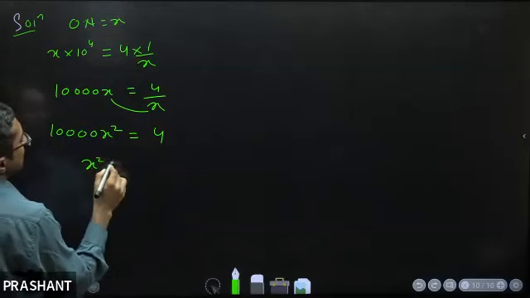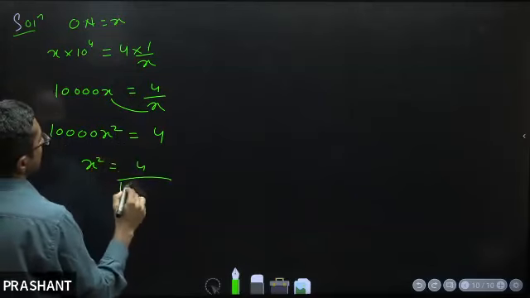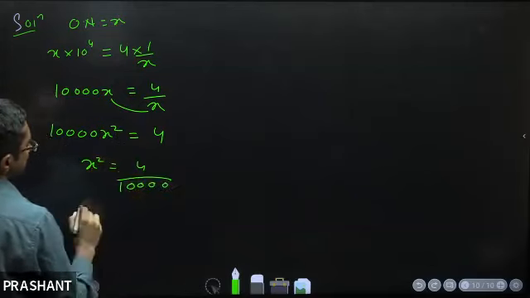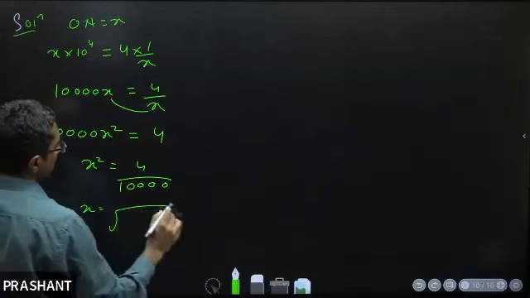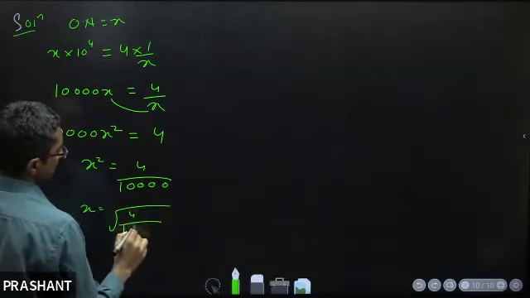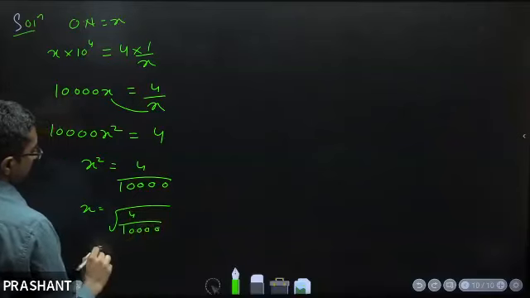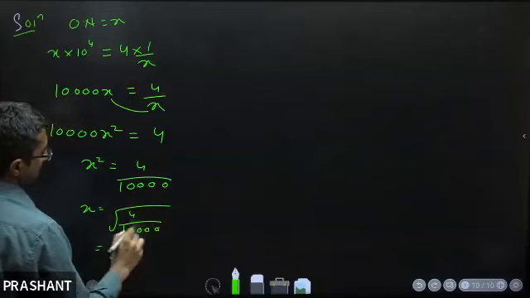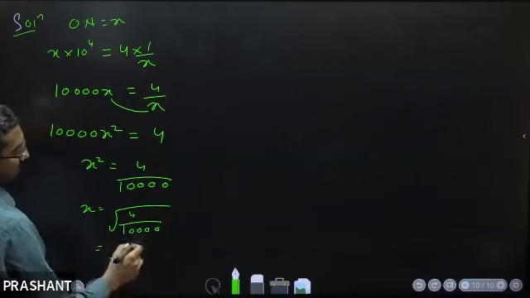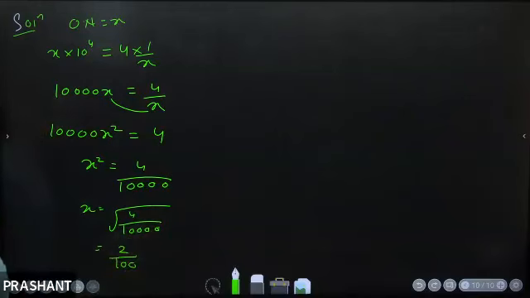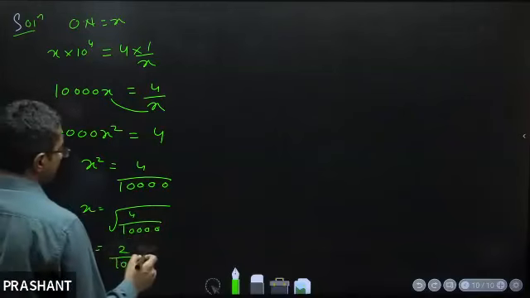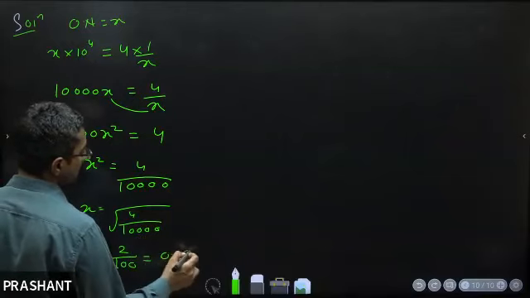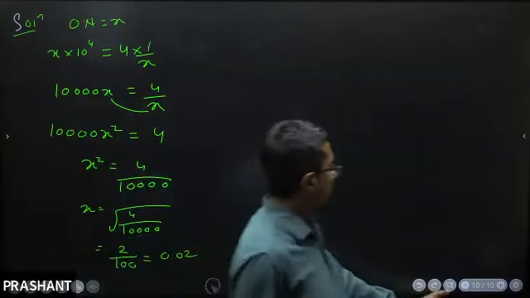So x square is equal to 4/10,000. Correct? x is equal to root of 4/10,000. So the root of 4 is 2 and the root of 10,000 is 100. There is an even number of zeros, so 2 zeros will come, that is 0.02. So our correct answer is